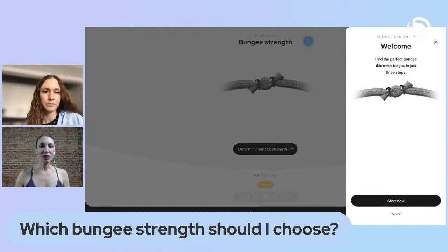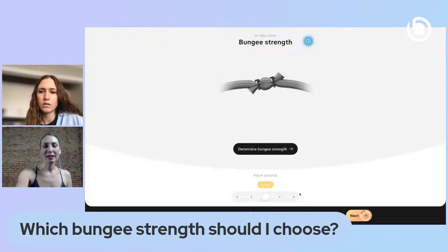And if you're replacing bungees, if you go back to the bungee strength buttons at the very bottom, what you'll look at is the clip color, the little clip color on the bungee is going to